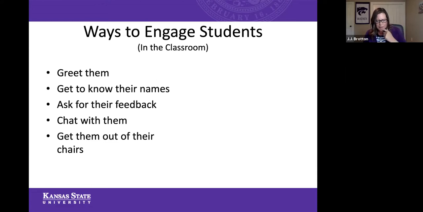Another favorite of mine, which I know they talk about in the class that Dawn and Tucker teach, is the move-to-the-side-of-the-room kind of thing. If you're talking about opinionated things, move to this side of the room if you think this, or this side of the room if you think this. It can be kind of messy with 80 people, but I like messy, right? It's kind of fun to get them out of their classrooms.